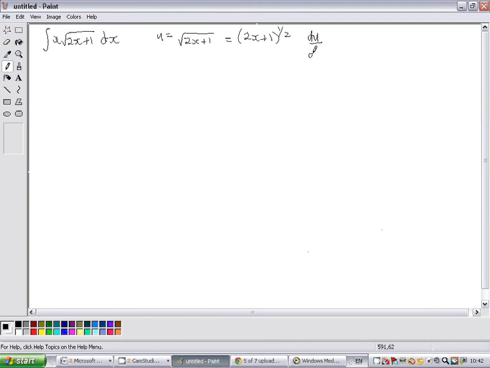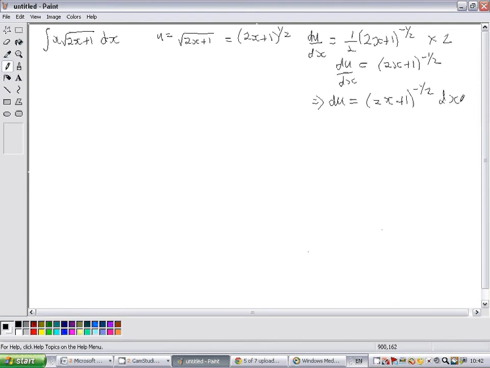So du by dx is a half (2x plus 1) to the minus a half times 2, which tidies up to be du by dx equals (2x plus 1) to the minus a half. Now if I just rearrange that, du would be (2x plus 1) to the minus a half dx. And doing one more step, that means that 1 over (2x plus 1) to the minus a half du would